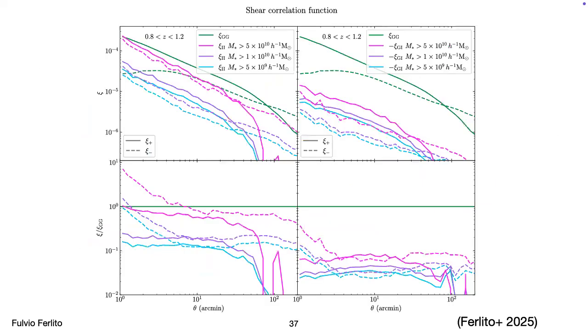Finally, the last thing we looked at, at least in this presentation: we applied a mass cut, and we saw that the most massive objects are the ones that tend to have, so this is again the shear correlation function, sorry, the intrinsic component in violet and blue with respect to the gravitational component. We see that the higher the stellar mass cut that we apply, the stronger the alignment is.